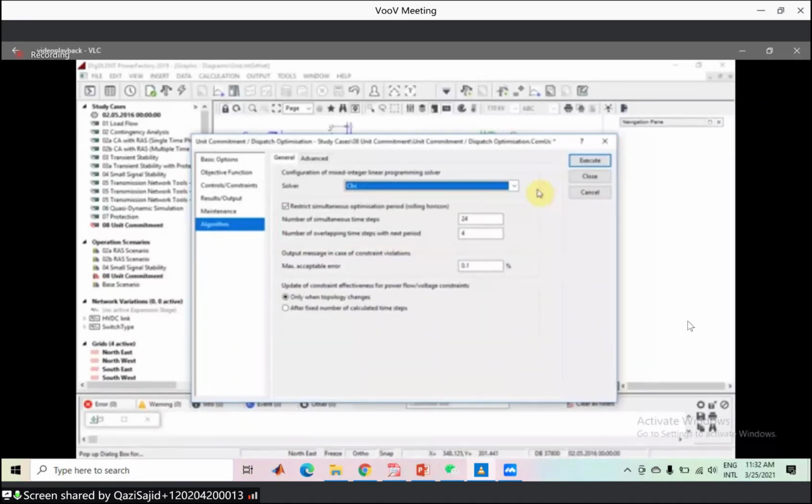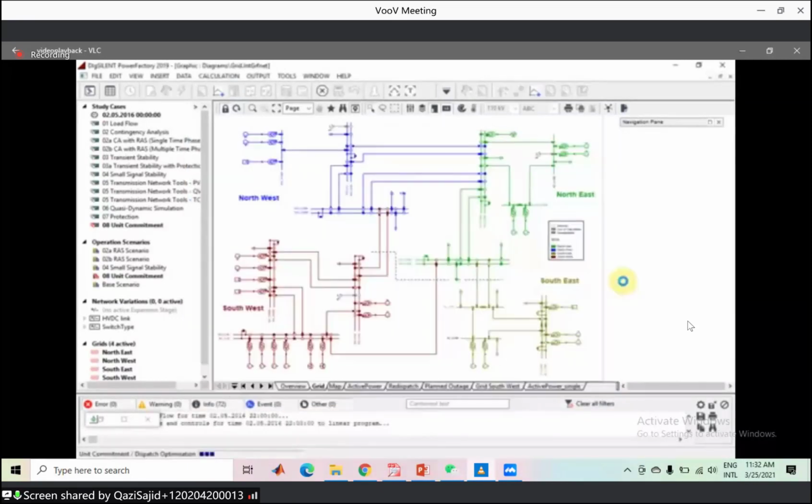In order to execute the unit commitment and dispatch optimization in PowerFactory, it is necessary to have a converging load flow in every time step of a quasi-dynamic simulation in a defined time period, because the load flow results of each time step are used for the initialization and linearization of the mixed linear integer problem that is solved in the unit commitment. After execution,